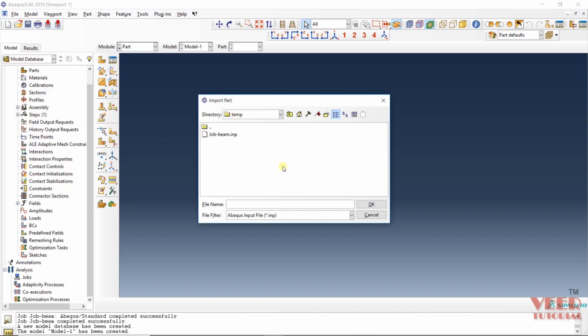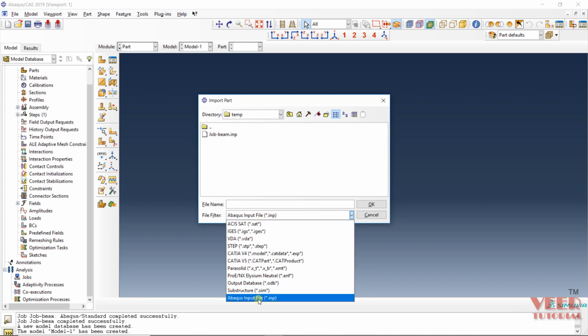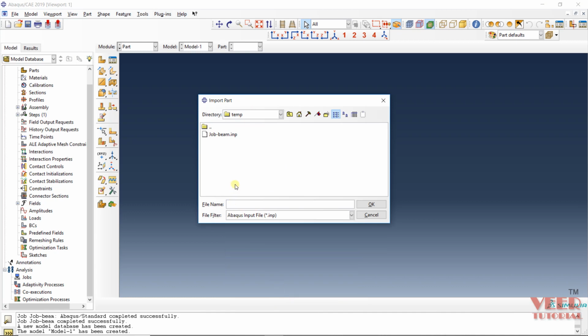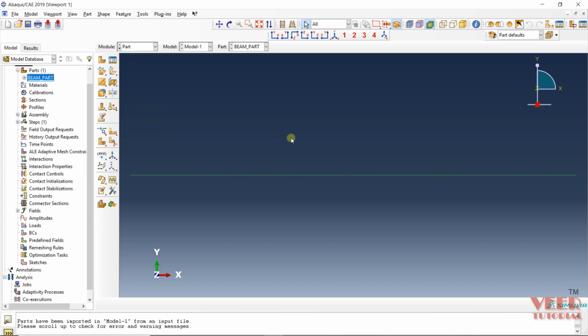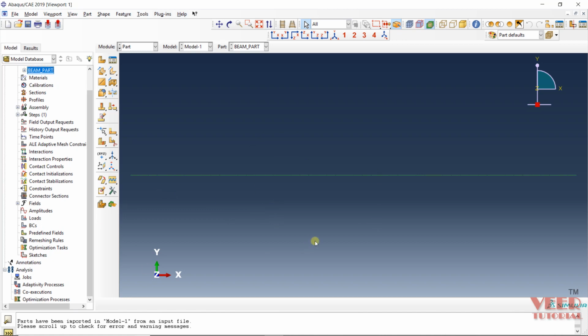Browse the location and in the type of file I'm going to select Abaqus input file, that is INP file. So that is the file job.beam and click OK. So once again I go to part. Okay, so go to part, double click on this, and now we have our part file. So everything you can find into this part file.